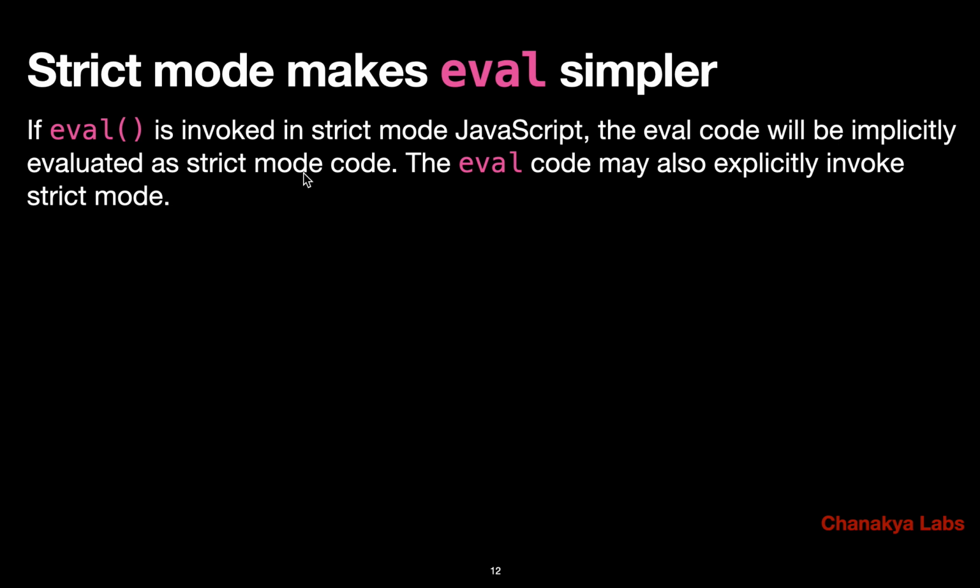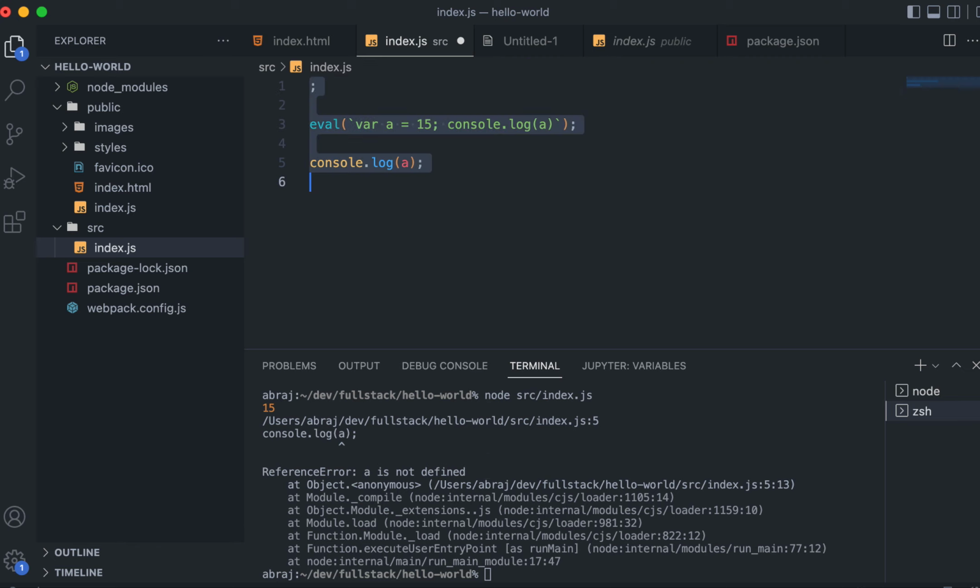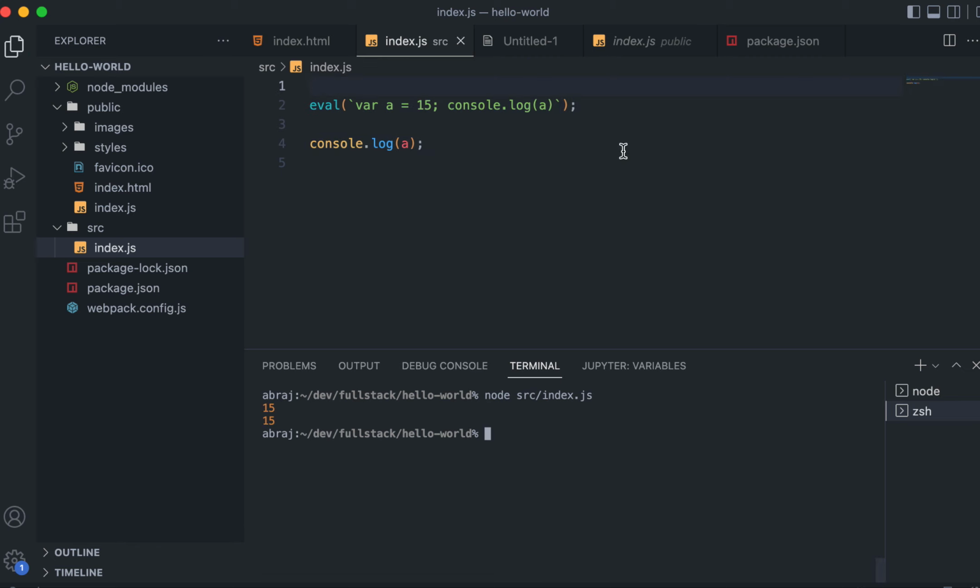So that is fine. One more thing is that whatever we are doing right now, we are creating strict mode for the whole script, and if we are not using that, then it is silently giving us no error. What if we don't want that? We don't want the whole script to be strict mode, we just want this eval to be strict mode. Then you can use something like this,